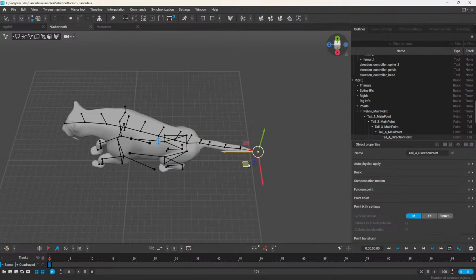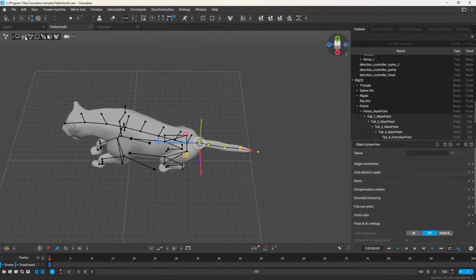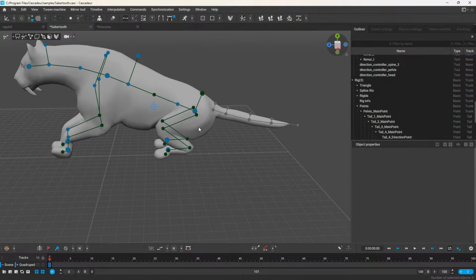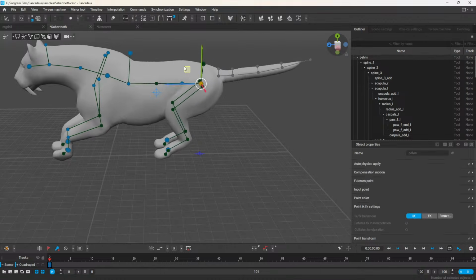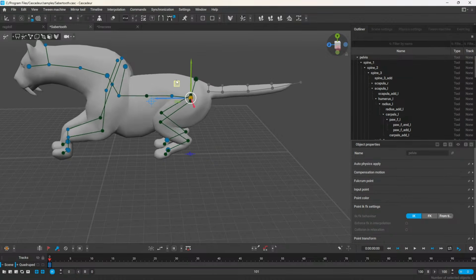Now if I set it to IK, then the spline IK is correct and I can pose it like this. The problem with having it in IK, I think, is that if I want to move the autoposing controller, then the tail is